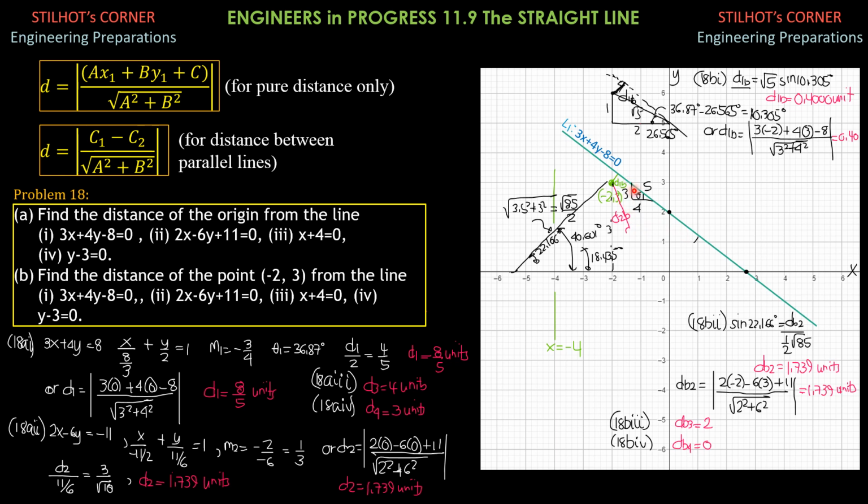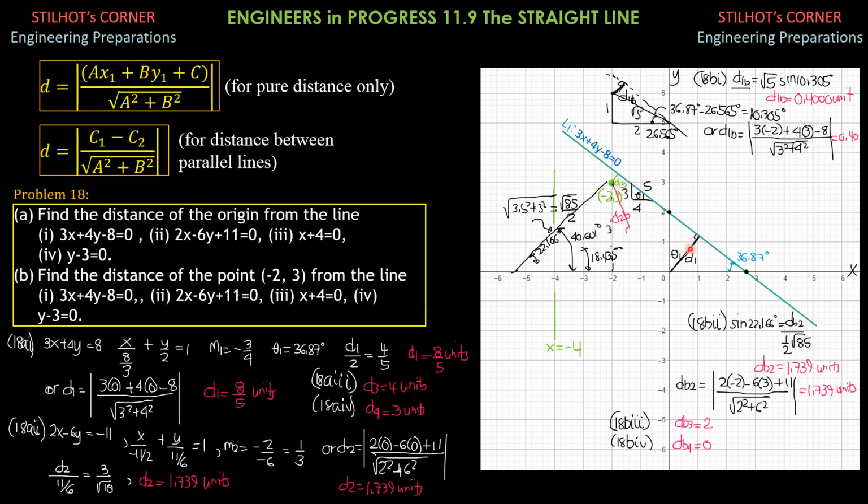but this is a line pointing up to the left, that's negative slope. So disregarding the sign, that's 3, 4, and I'll call this theta 1. Tangent theta 1 is 3 over 4, so theta 1 is 36.87 degrees as labeled here. So this is the line, and this is the distance of the origin from that line, distance 1. So if this is 36.87, which is theta 1, then 90 minus theta 1, so that's theta 1. This is the y-intercept 2, and we have defined a triangle here with the sides.